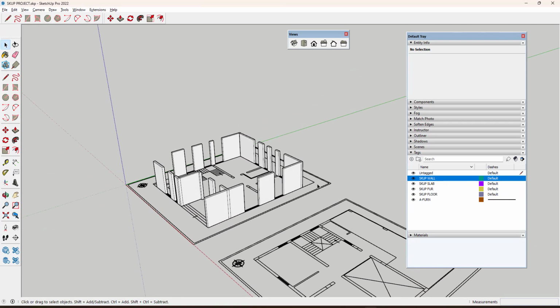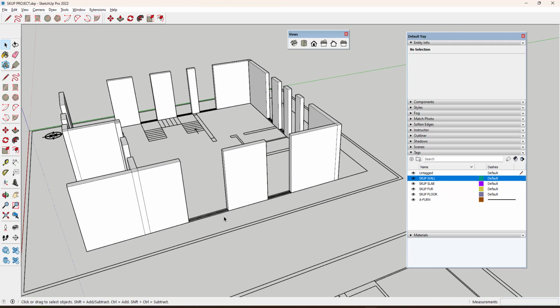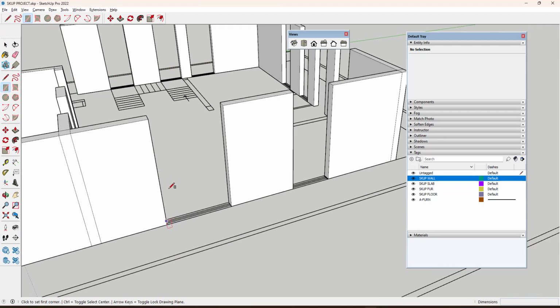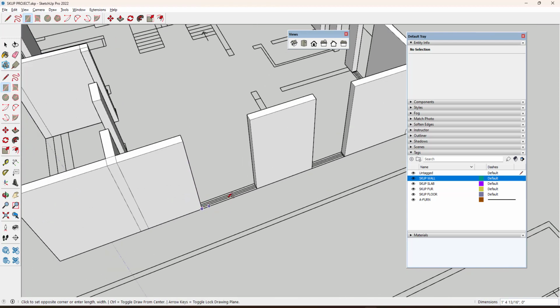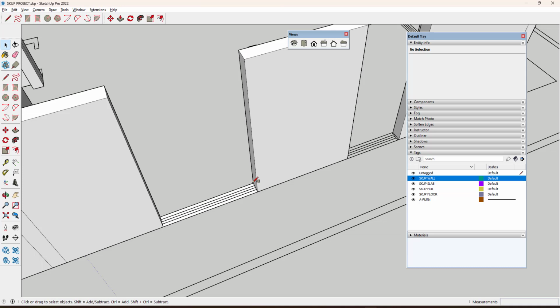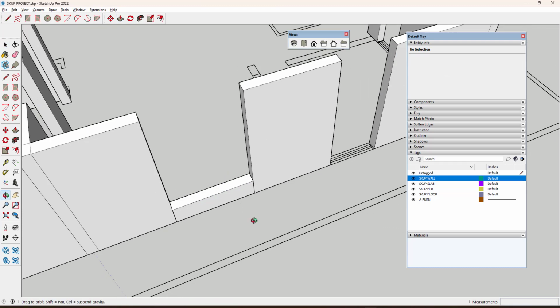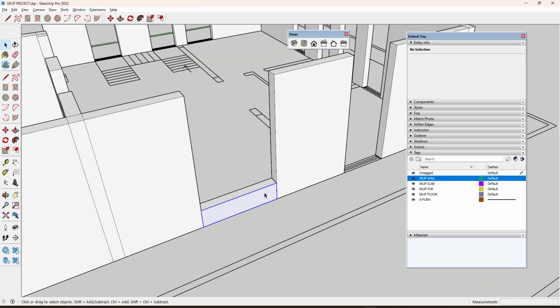Next is window portion. According to the elevation detail, you can give the sill height and just have a look which room it is. This is living room. For that, I am giving 1 feet 6 inch or 2 feet 6 inch, depending on what type of window and what is the basic requirement of the client.